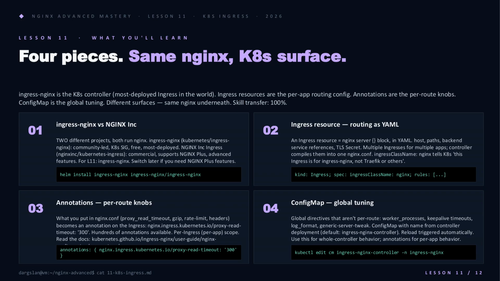First, ingress-nginx, the community controller from the Kubernetes SIG, free and the most deployed in the world. NGINX Inc ships a separate commercial one for NGINX Plus, but for this lesson we stay on ingress-nginx. Second, the ingress resource. That's just an NGINX server block expressed as YAML, with hosts, paths, and a TLS secret